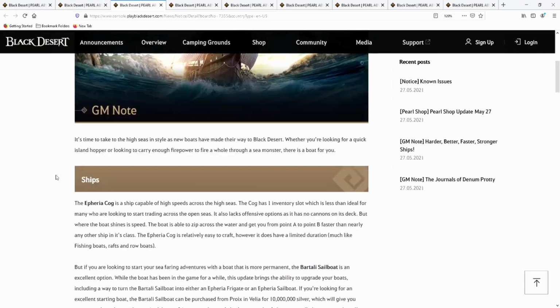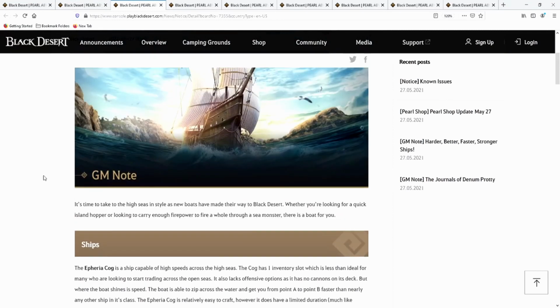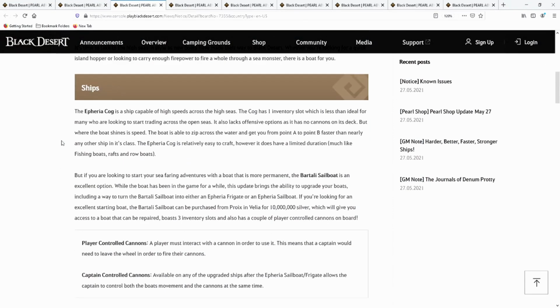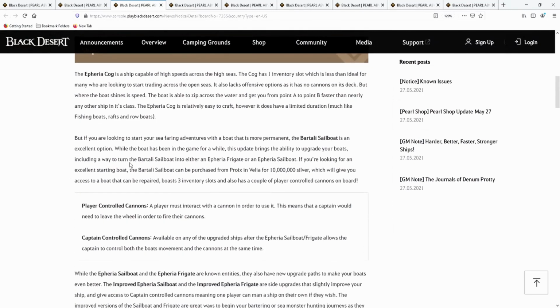Okay guys, so that's a brief overview in the GM notes there about what bartering is. We're going to get into a little bit more detail in the patch notes, but for now, let's move on to the next GM note, which is ships. Now, there's a range of different ships, guys. They spoke about this in the stream. So what we're going to do is give a little bit of an overview of each of the ships,